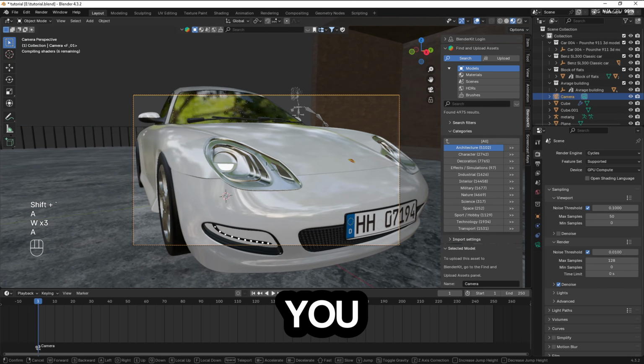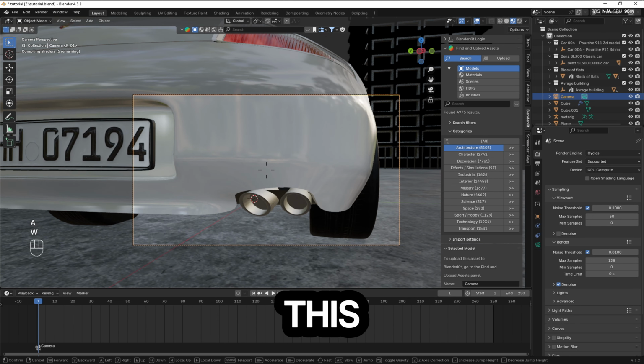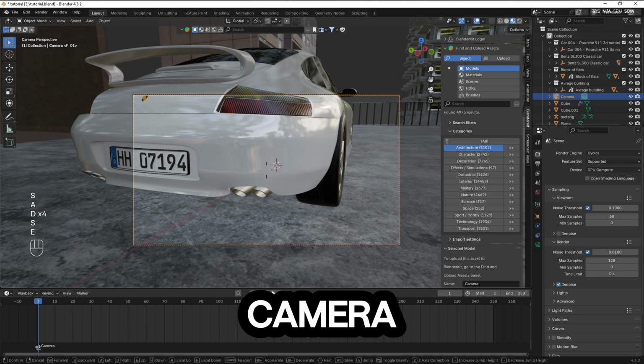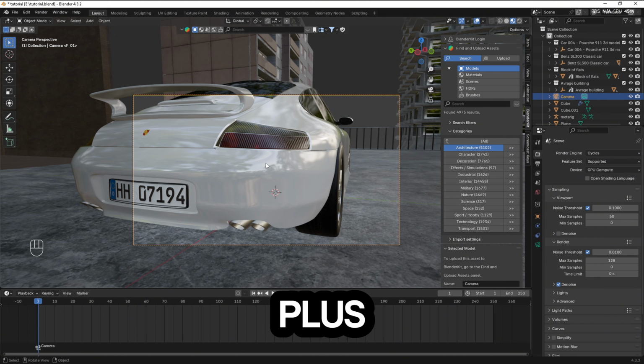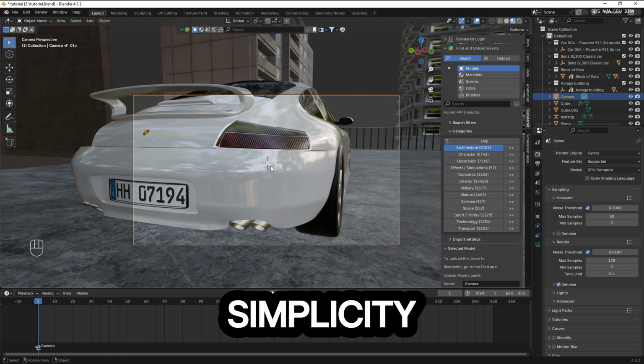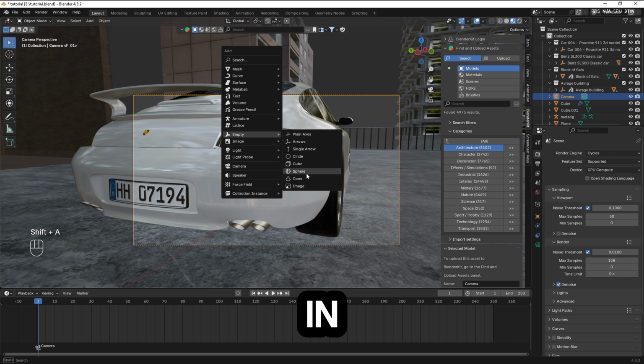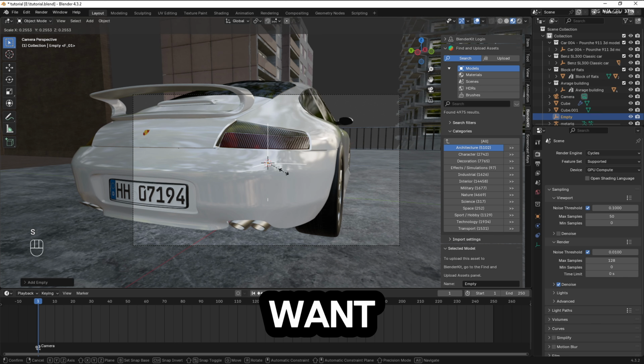Place your camera where you want to start the animation. For this example, I'm starting with the camera at the back of the car. Press Shift+A and add an empty, using plain axes for simplicity. Position the empty in the middle of the back part of the car where you want the camera to track